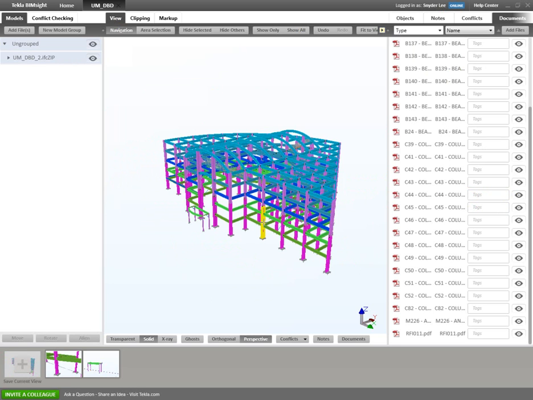Obviously, we're not showing all of the features that Tekla BIM site can do, but from a project communication and coordination standpoint, you can share the model, you can clash it, you can comment on it, you can add notes and link documents. So there's really no reason why anybody should not be communicating and coordinating their project without a